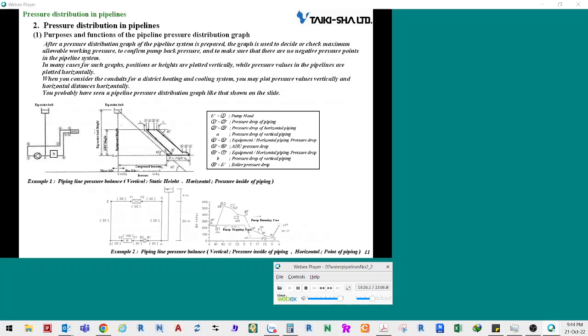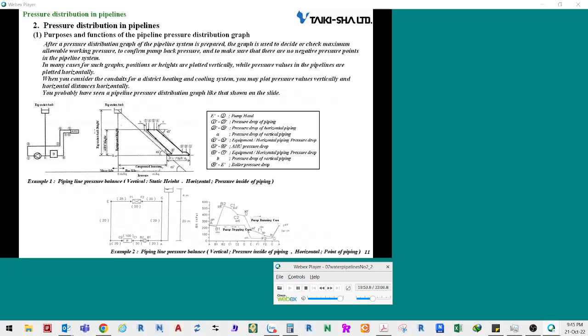2. Pressure distribution in pipelines. Purposes and functions of the pipeline pressure distribution graph. After a pressure distribution graph of the pipeline system is prepared, the graph is used to decide or check maximum allowable working pressure, to confirm pump back pressure, and to make sure that there are no negative pressure points in